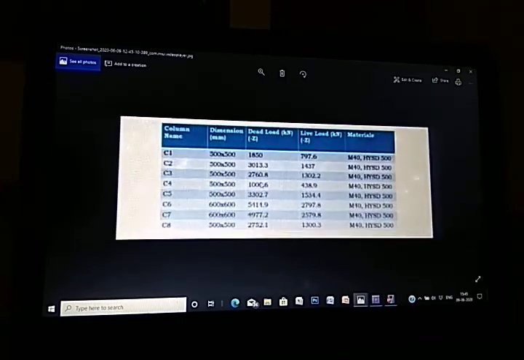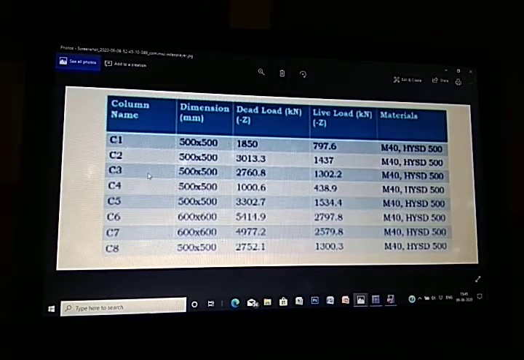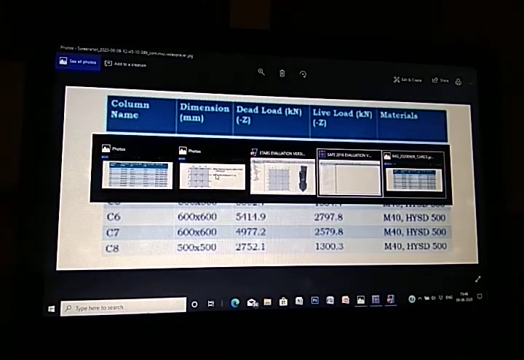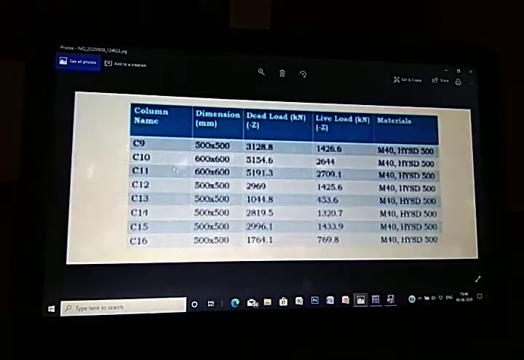and so these are the values for column 1, column 2 up to column 16, where I have taken dead load, live load and the dimension. So these are the columns 9 to 16. So now we will do a